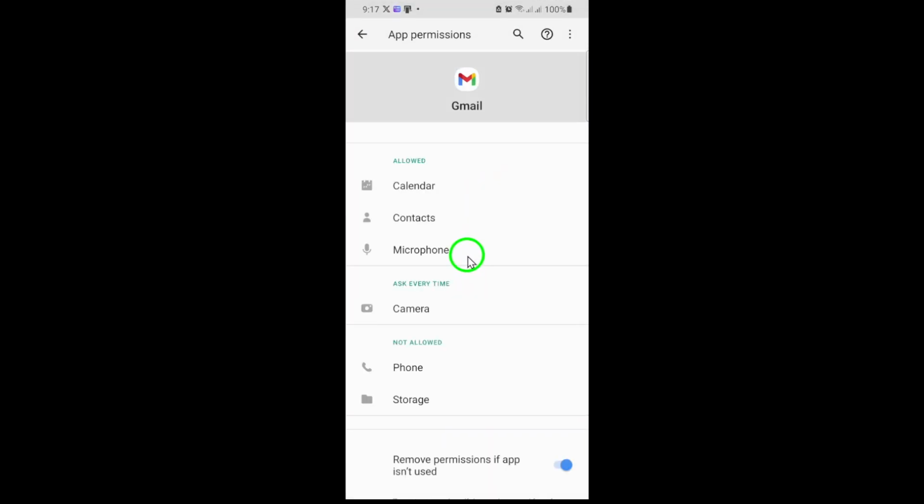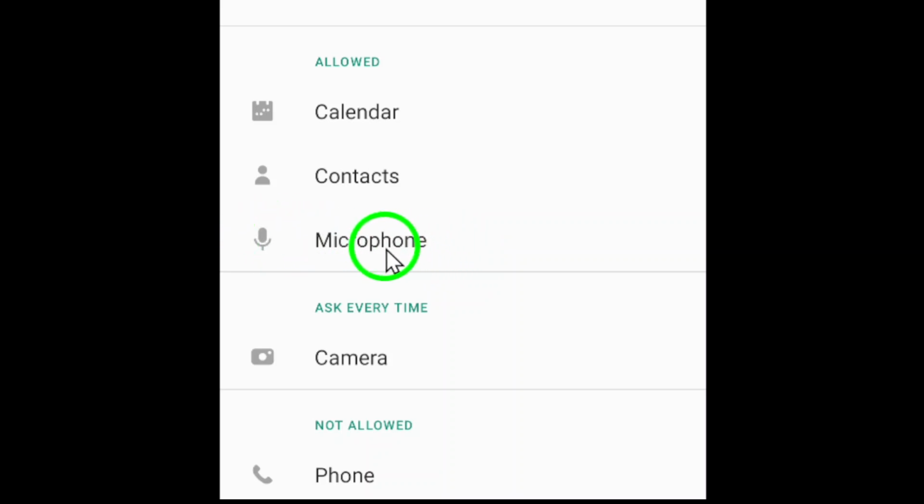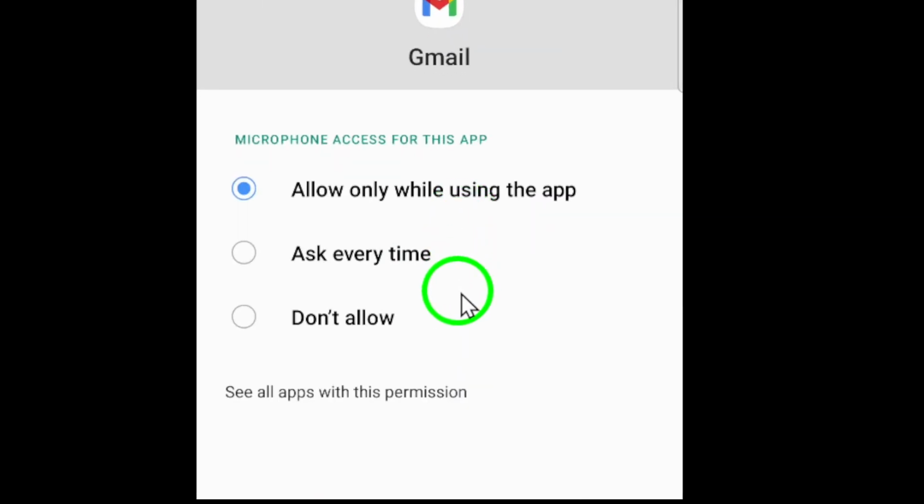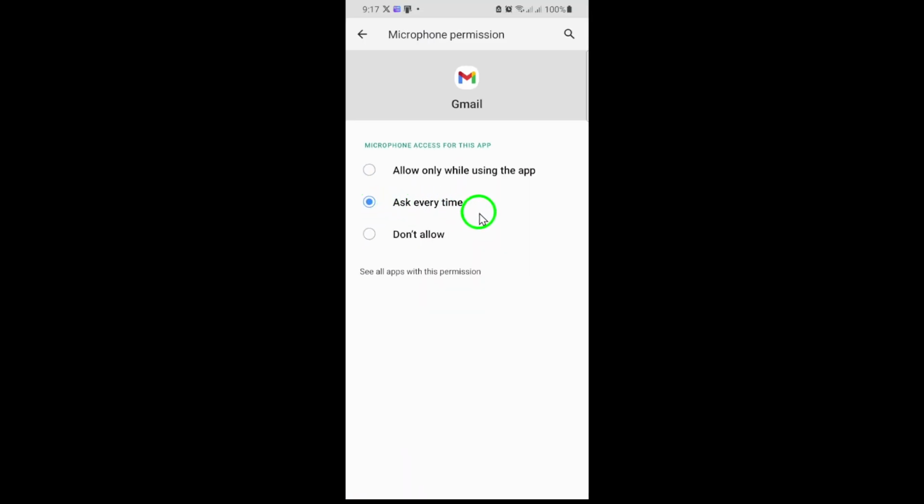If you want Gmail to ask for your permission every single time it wants to use the microphone, select the option called Ask Every Time. This means Gmail won't be able to use your microphone unless you give it the green light each time you're prompted. That's it. You've just set Gmail to ask for microphone access every time, giving you more control over your